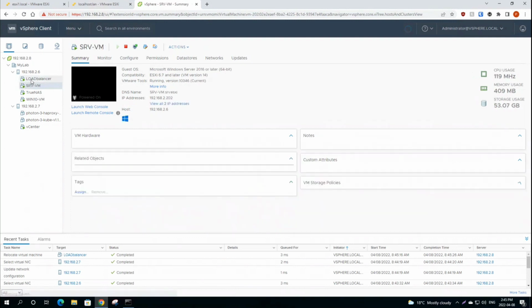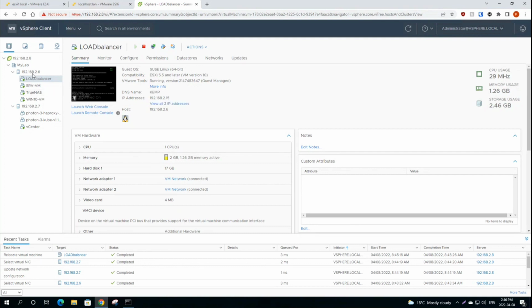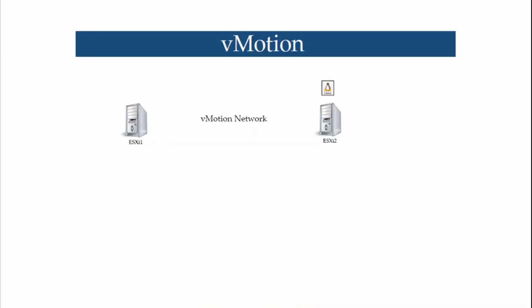You don't have to shut down the virtual machine in order to migrate, if you do any maintenance on your ESXi host. No downtime, but still it's a manual migration. Yes, it is, but it still saves you tons of time if you want to do any maintenance on any of the ESXi hosts. Okay, so now,